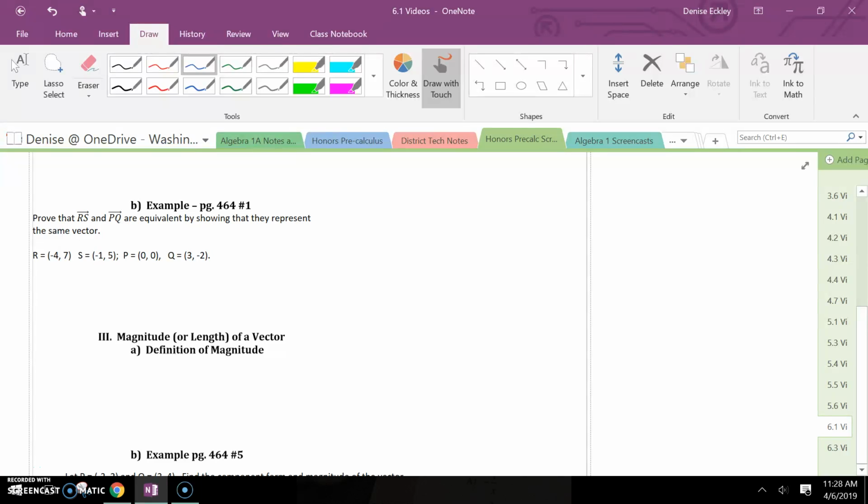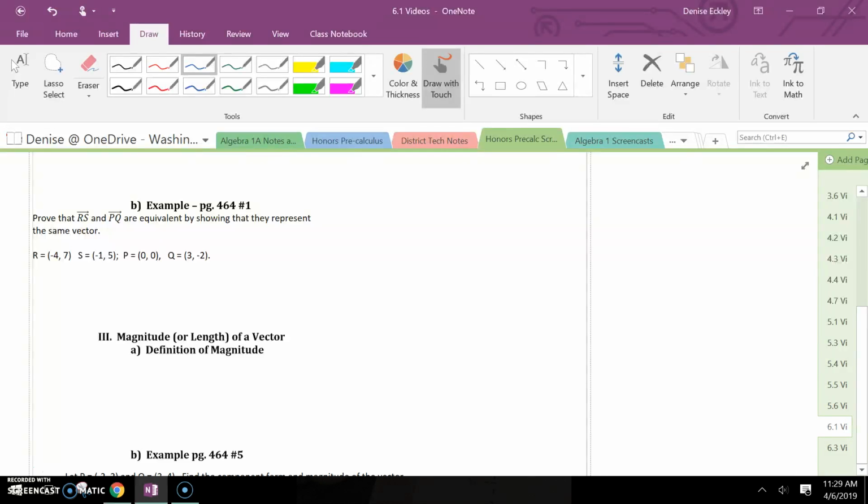Page 464, number 1. We're supposed to prove that vector RS and vector PQ are equivalent by showing they represent the same vector. So we're given that R is at point -4, 7, and S is at point -1, 5. And P is at the origin 0, 0, and Q is at the point 3, -2. So if we find the components of RS and PQ first, we can check to see if they have the